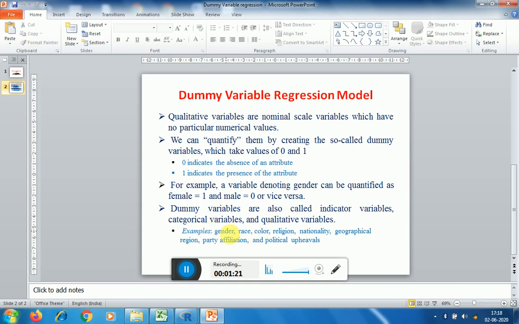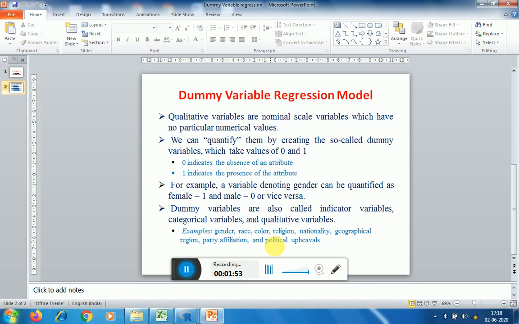These are some examples of dummy variables like gender, race, color, religion, nationality, geographical region, party affiliation, and political upheavals etc., or the arrivals taking place at a certain service station, that can also be taken as a qualitative variable. These are also called factor variables in the language of R.